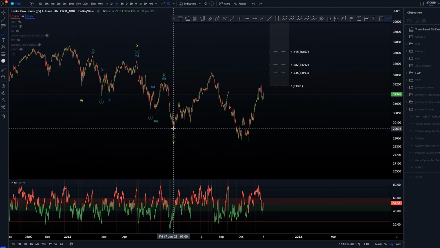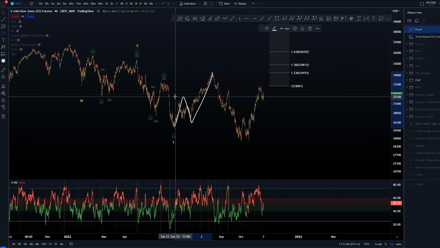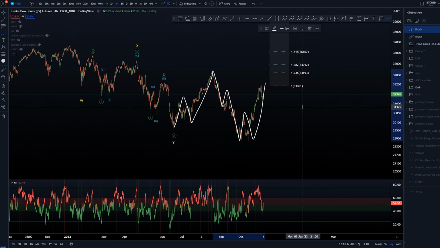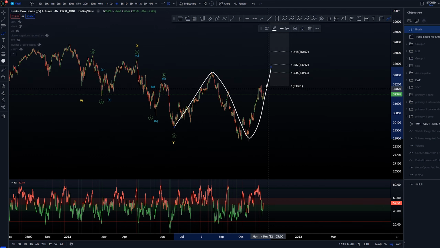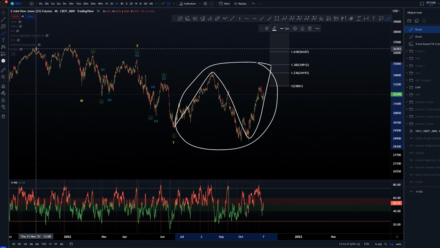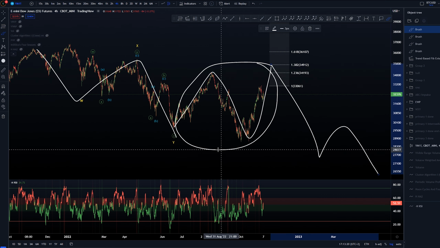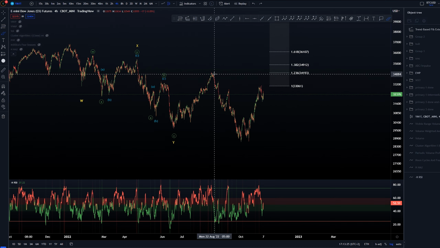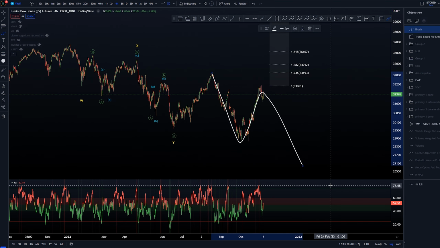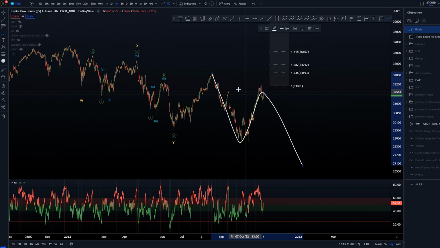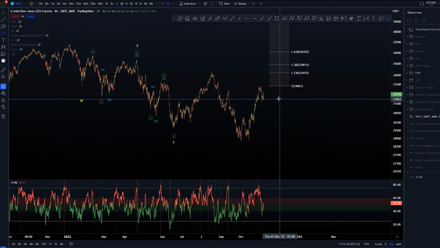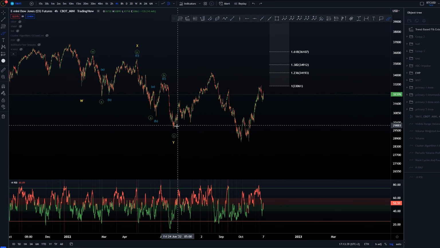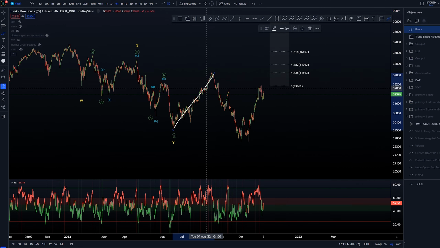Now, there is a possibility in which this ABC is actually part of a larger structure, which would be something like this, creating this larger correction here, being the connector part basically for this structure here to get a partner leg downwards, or this is the connector itself and this is the structure that is going to be the next structure downwards. Those are the two options here on higher time frame I'm looking at. It is possible that this is already done. We have the one-to-one extension here against this structure here.